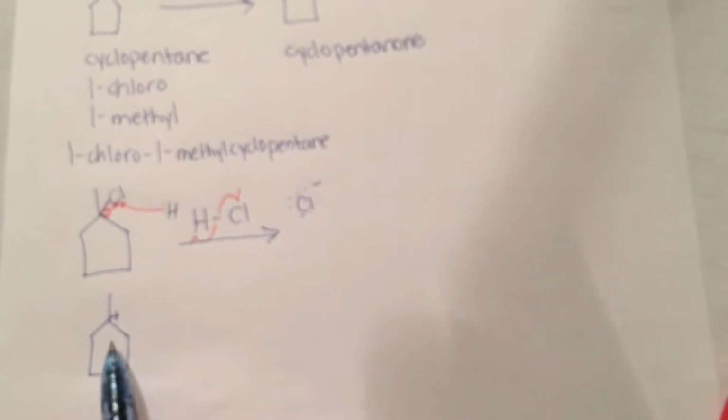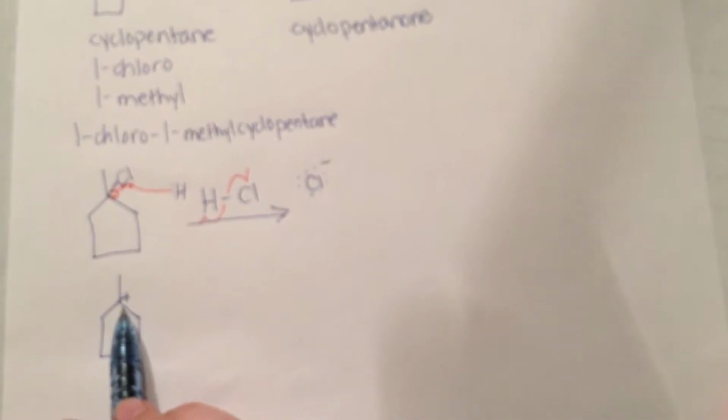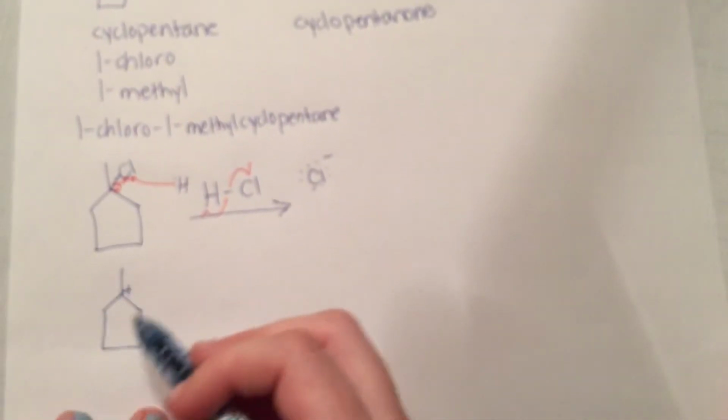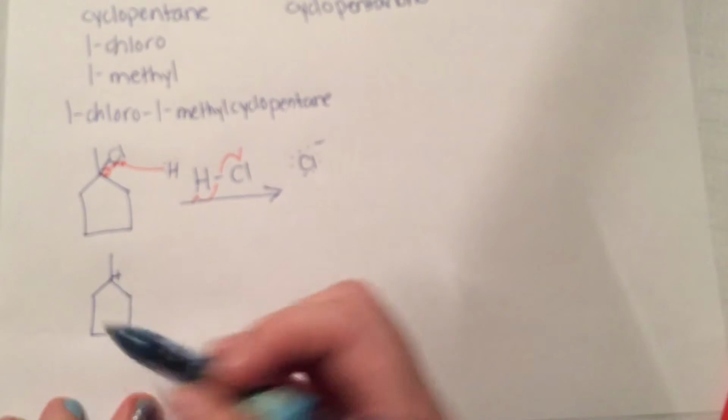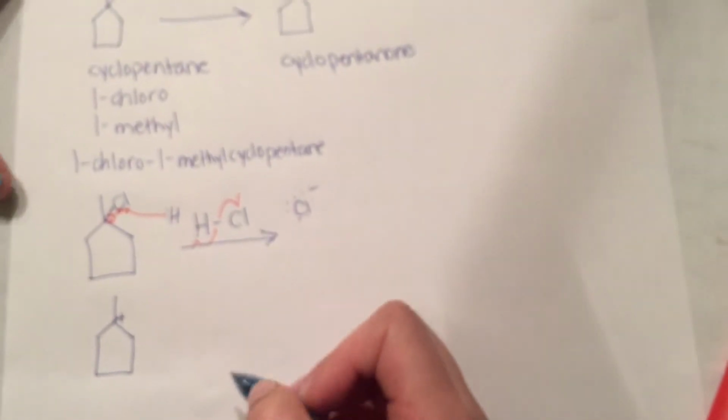And there is no rearrangement on this carbocation intermediate because it is already on a tertiary carbon, so it's already in a very stable place versus a secondary or a primary. So the next step would be an E2